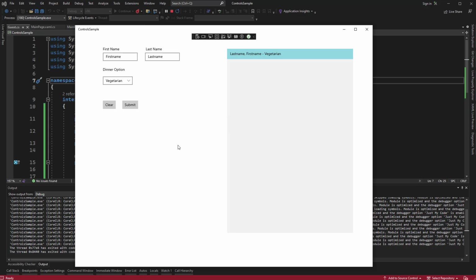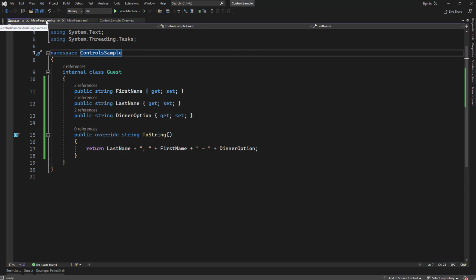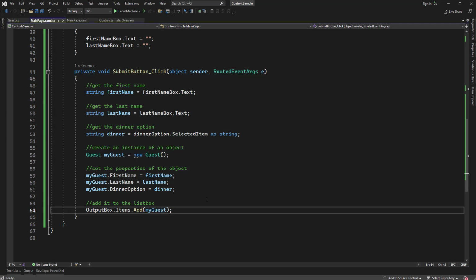But again, we're not doing it because we have formatted a string and put the string into the list box. We're doing it because we took all of those variables, put them into properties, and we're using the ToString to get that information for us. So I had mentioned that sometimes you might want to actually get the information out of the list box as